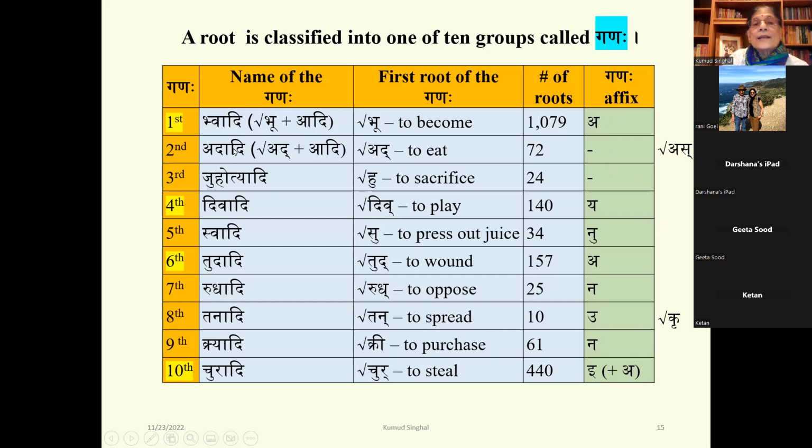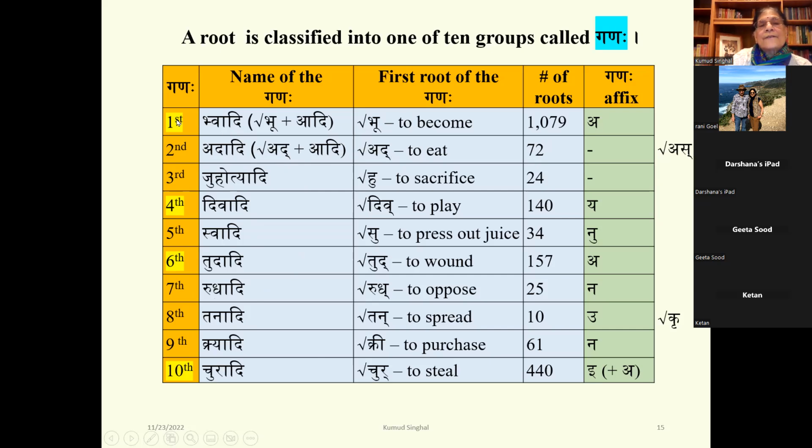The second gana is called adadi gana, and the first root of this group is ad, which means to eat, and there are 72 roots in this group, and there is no affix here. So on, like you have these 10, this thing. For a beginner's class,